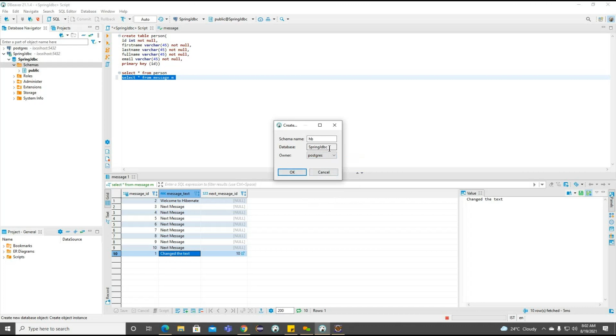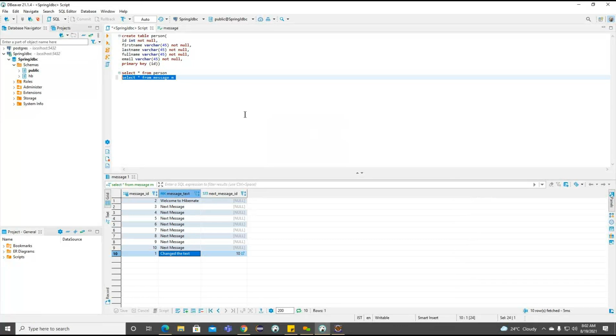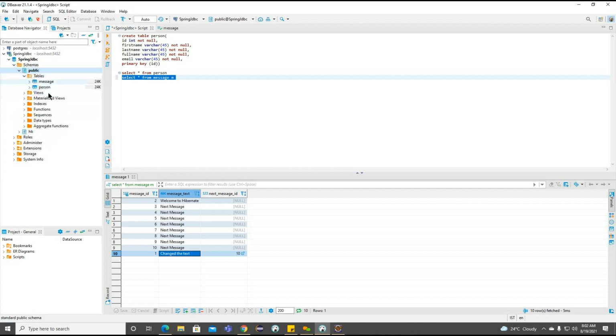So which database are we creating in? Spring JDBC. Now we are trying to create a schema HB. Okay. So whatever tables we are going to create, those tables will be available inside this particular HB schema, not the public. Inside this particular public, now you can see the tables we have are person and message. But inside this particular HB, as of now, we don't have any tables here.